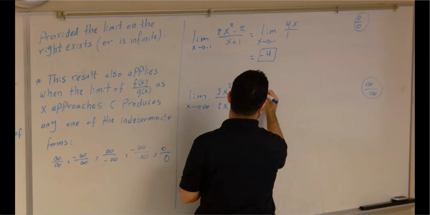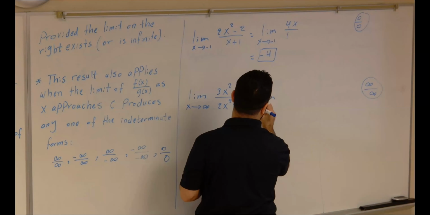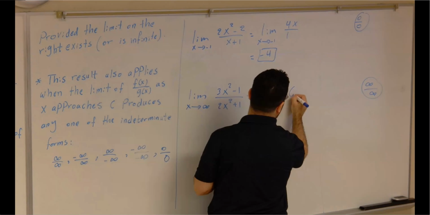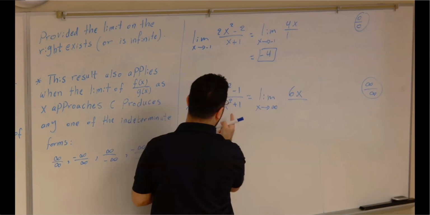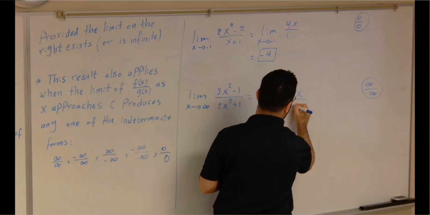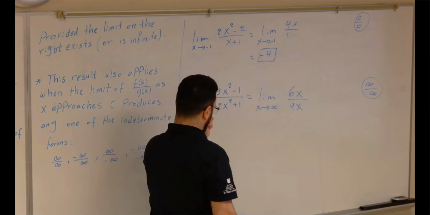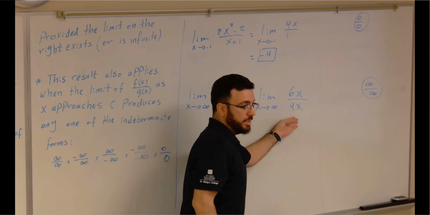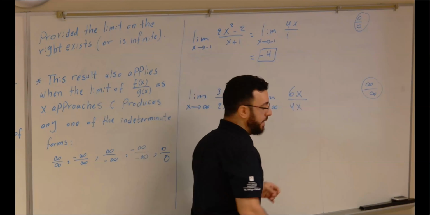This one is going to be equal to the limit when x approaches infinity. What's the derivative here? 6x. What's the derivative here? Now, the limit to infinity. So we're going to divide by the highest exponent. That means you're going to divide this one by